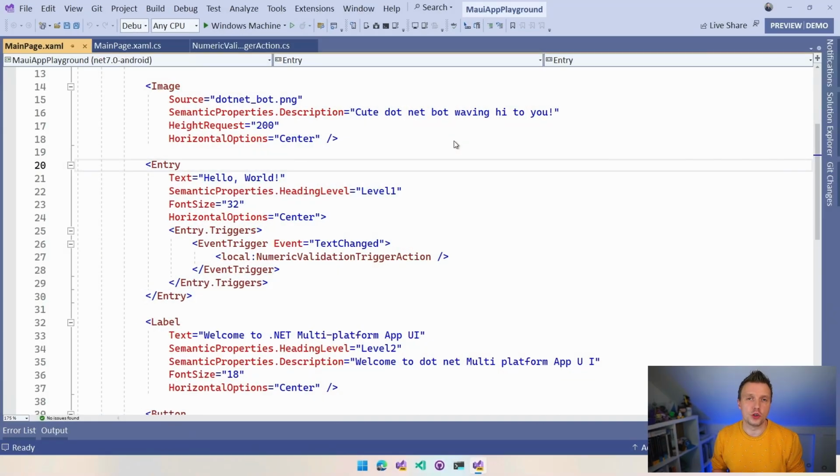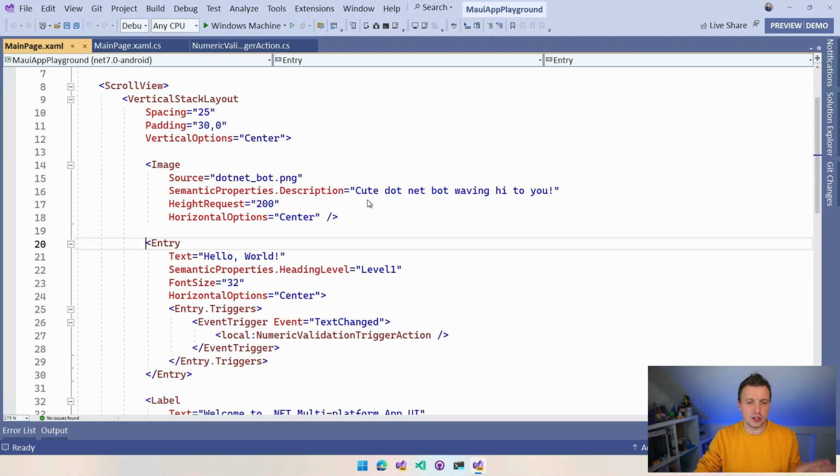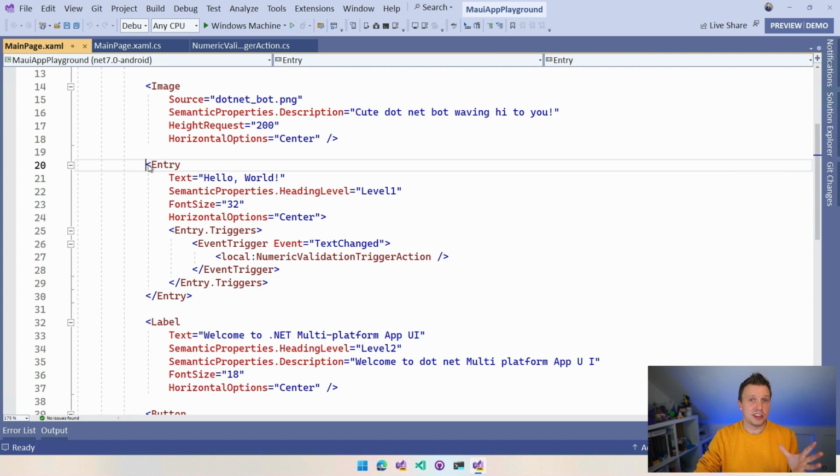Here in Visual Studio 2022, I created a new .NET MAUI project, and I've left the template as much as default as possible, but I did implement some bits here and there. So if you scroll over this, you can see the scroll view is here, the image is here, the entry isn't here because this is a label typically that shows you hello world, but I changed it to be an entry because with this entry, we're going to show the event trigger, right? So we have the triggers.